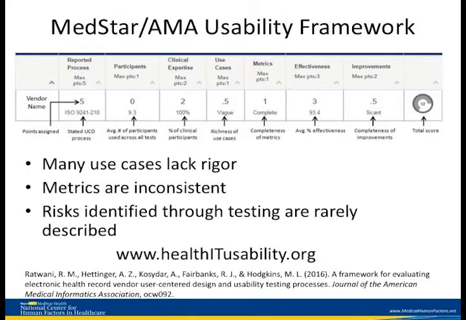The metrics are inconsistent, and actually I took out my favorite piece here, which is one of the metrics is testing the effectiveness of the system, which is basically, if you bring in 10 participants, what is their success rate at completing a task? And it's pretty simple. If you take the number of times someone tries it as the denominator, the number of successes, and calculate a percentage. And there's one vendor that actually just calculated partial task success. So instead of looking at a binary, yes, they completed it, or no, they did not, they said, how many steps did they get along the right path? So if there's 6 steps required to complete a particular task, and they got 3 of those,